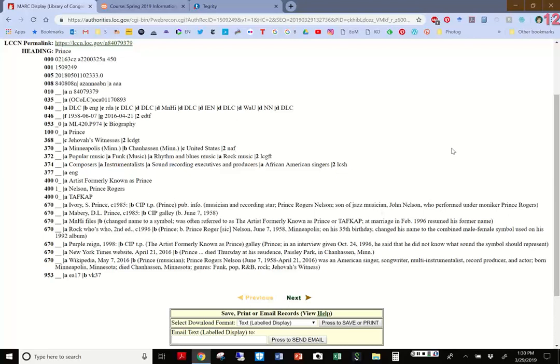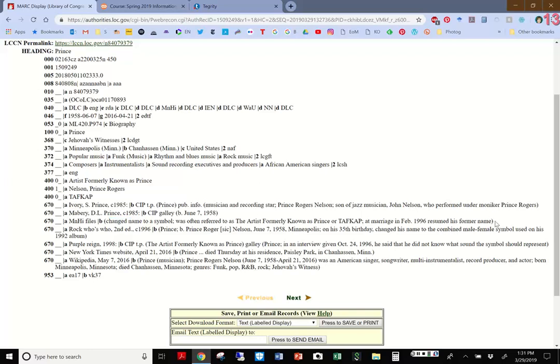Other times, though, like in this example, he switched his name back. So it says in a note down here, at one point he changed his name to a symbol, and he was often referred to as the artist formerly known as Prince, or TAFKAP. At his marriage in February of 1996, he resumed his former name.